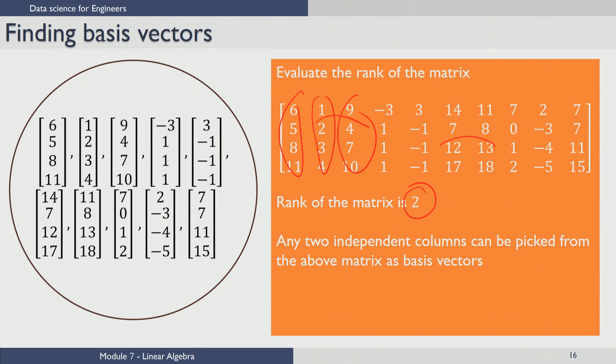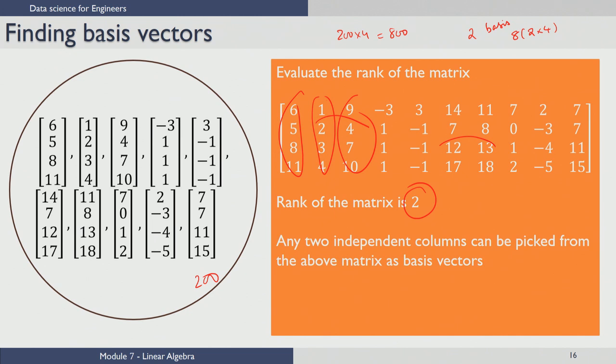Now, let me take a minute to explain why this is important from a data science viewpoint. I will just show you some numbers. Supposing I have, let us say 200 such samples, and I want to store these 200 samples. Since each sample has 4 numbers, I would be storing 200 times 4, which is 800 numbers. Now, let us assume we do the same exercise for these 200 samples, and then we find that we have only 2 basis vectors, which are going to be 2 vectors out of this set. What I could do is I could store these 2 basis vectors, that would be 8 numbers, which is 2 by 4,